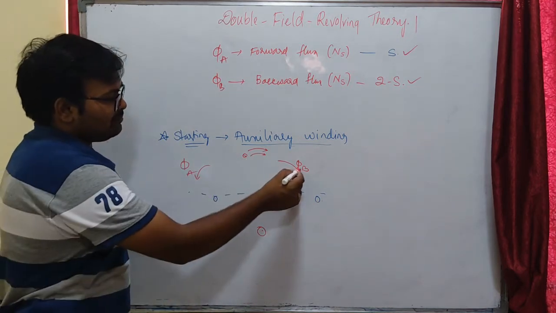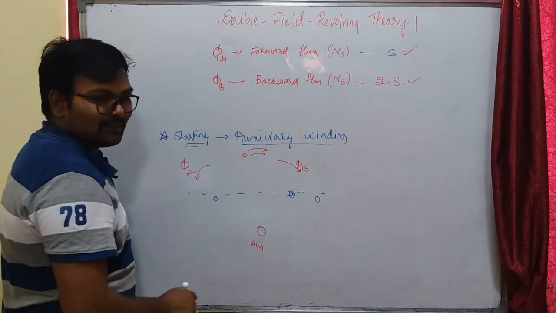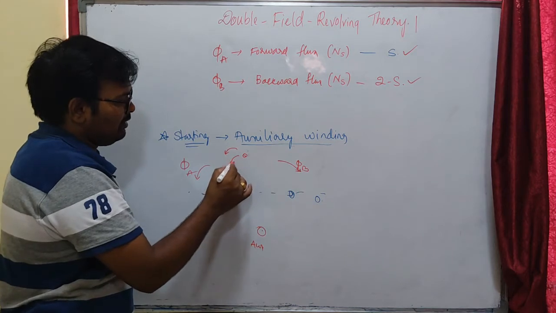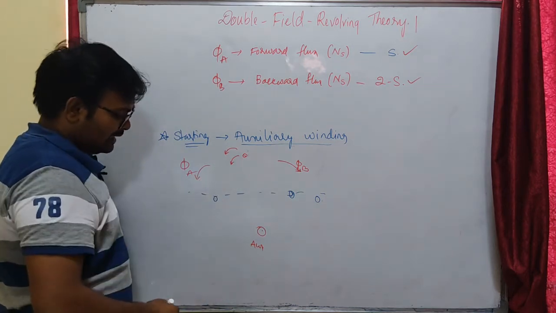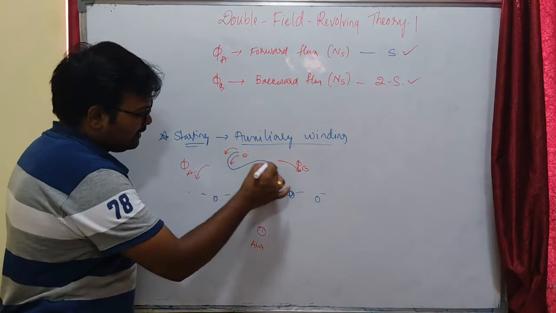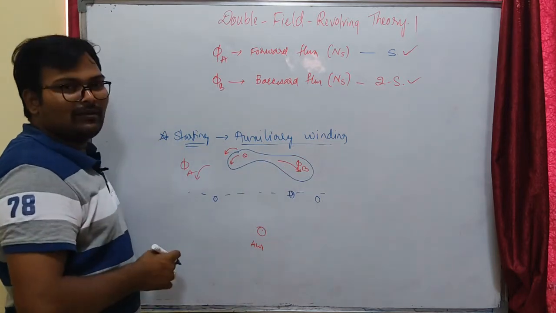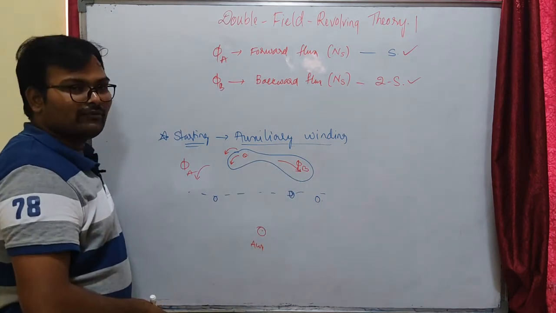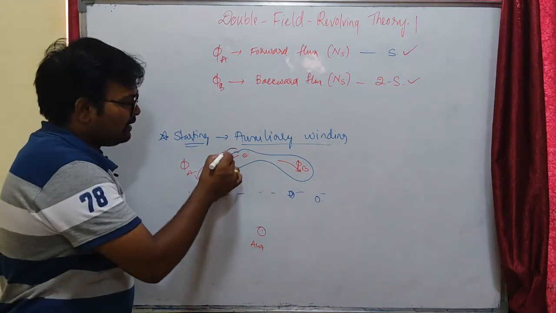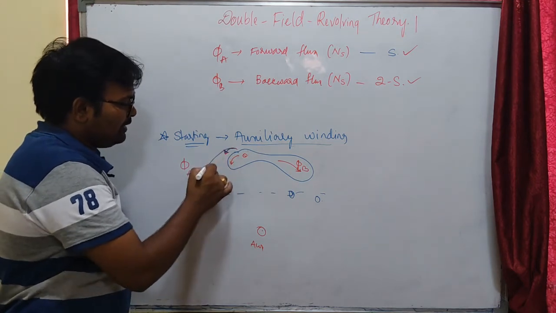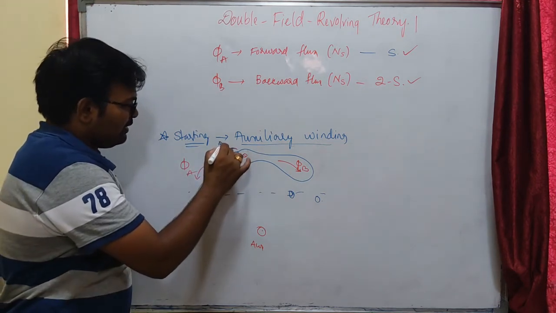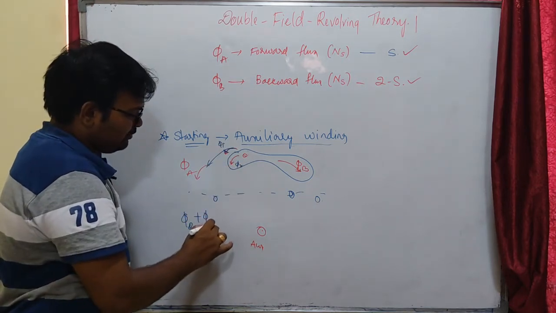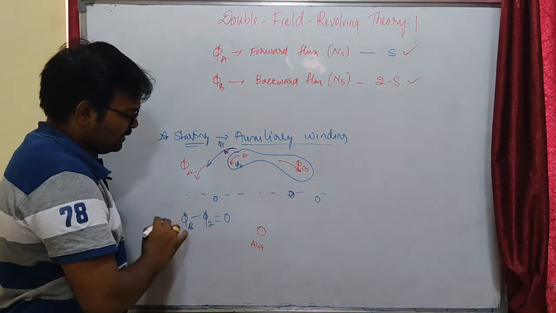You can see that this is the flux due to the auxiliary winding, which is rotating in the forward direction of phi B. So let us consider it as the reverse direction, because this is a fundamental speed. Okay, so due to this auxiliary winding, here you can see this and this will get cancelled, because they are having equal and opposite magnitude. The flux due to our auxiliary winding and the flux due to our backwardly rotating flux will cancel out, and the other half of our auxiliary flux will add to our phi A. Let us consider this is phi 1 and this is phi 2. So here phi B plus phi 2 will get cancelled, because they are having equal and opposite direction. The net flux will be 0.